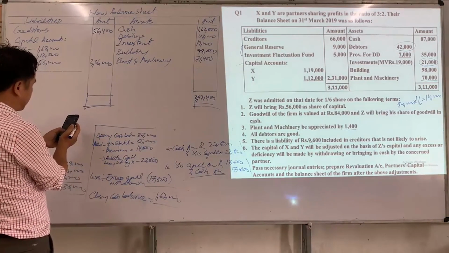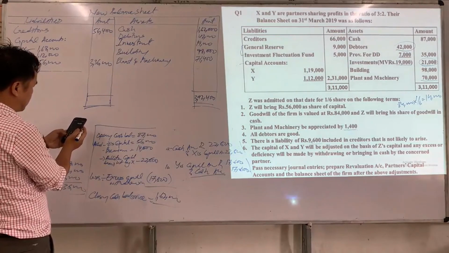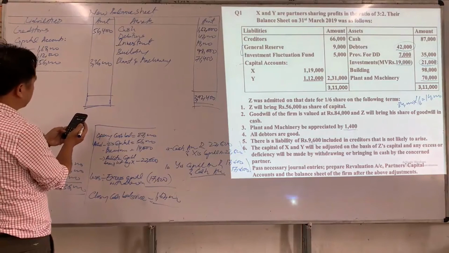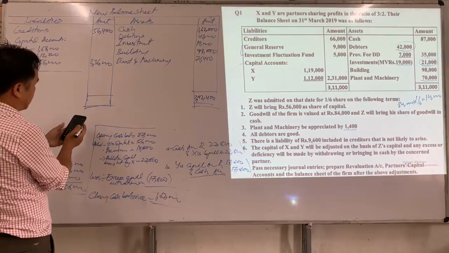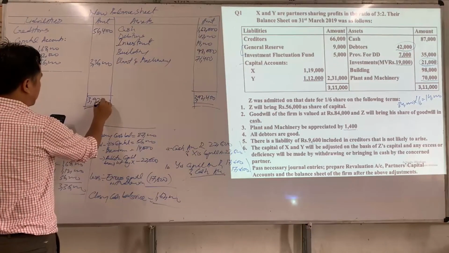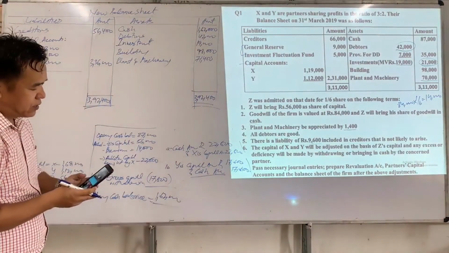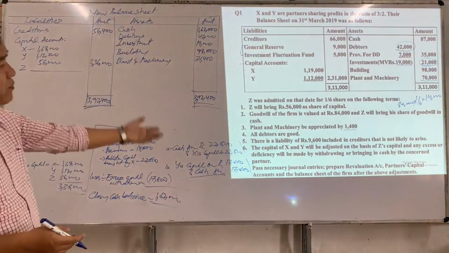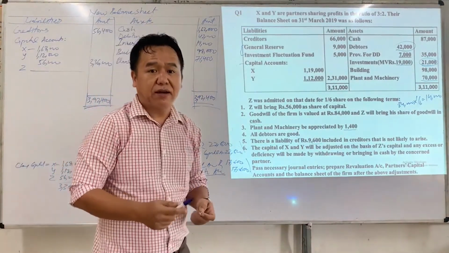Now we are going to add up total liabilities. Our creditors are 56,400 and total capital is 3,36,000. Yes. And the total liability is 3,92,400 also. So here the balance sheet gets tallied, which means all the transactions have been recorded properly and correctly.